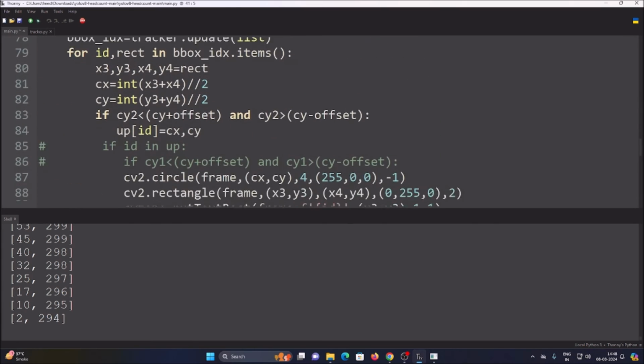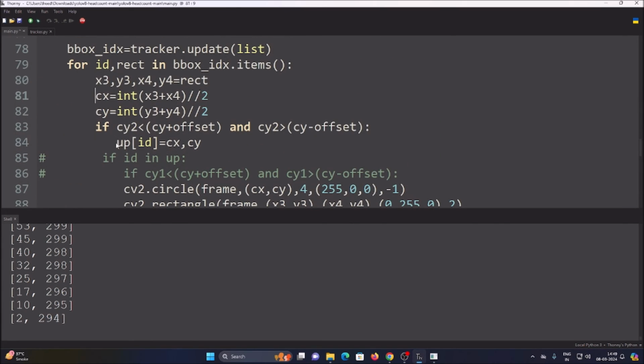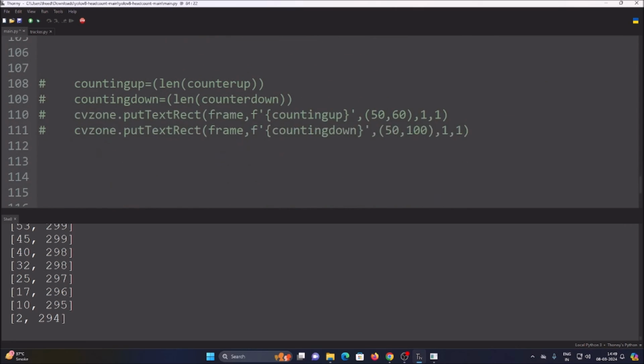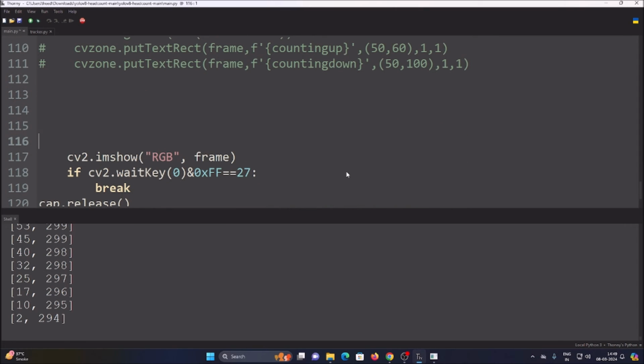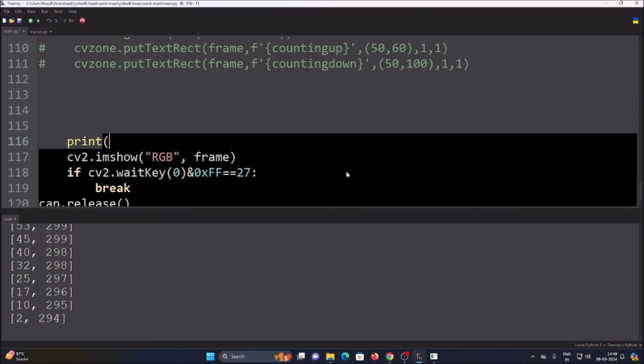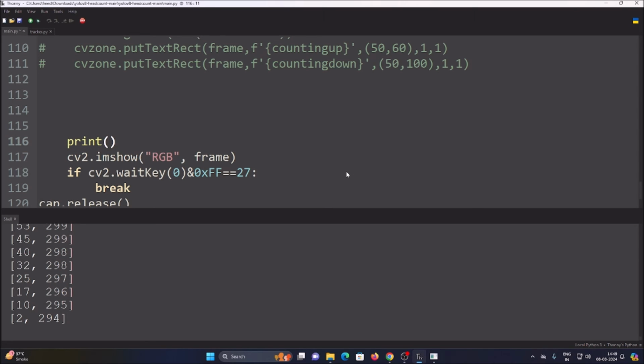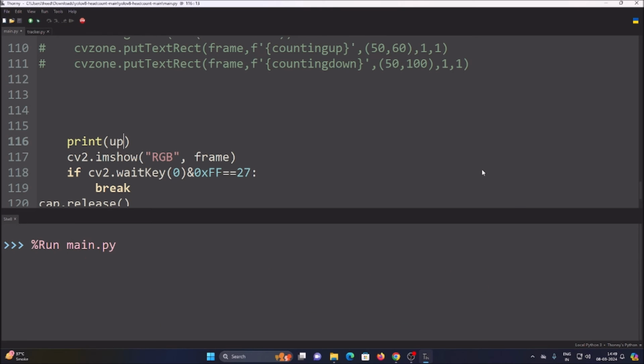So when our first condition matches, we want to mention here up and their ID, and their current position, which is basically cx and cy. Now because we are saving their ID and their current position, if you print our dictionary, the name of the dictionary is basically up. So if I save the code and run the code,